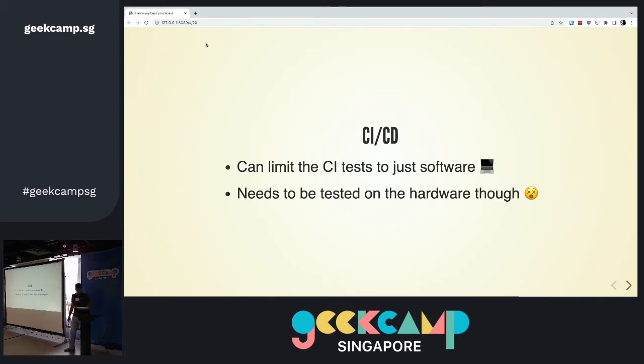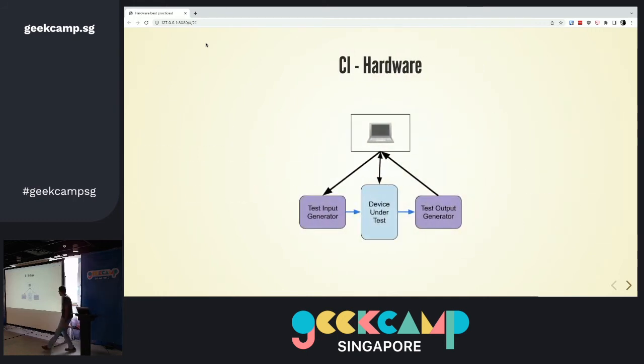What we figured out that we could do, and this is something that we have been doing quite a bit, is to have the hardware that we're testing on here, some kind of a host machine, and a test input generator and test output generator. And this would basically allow us to test the hardware through a host machine. So the host machine runs your GitHub CI runner or whatever your continuous integration host client is, compiles the software, programs the device under test, and then gives it the right input, records the output, and then checks whether that conforms with the test spec that we have.